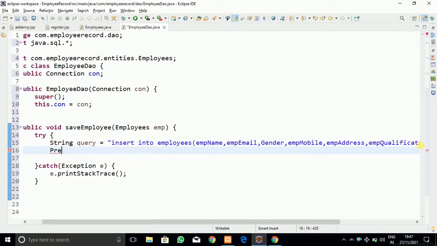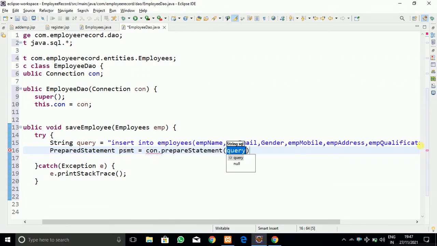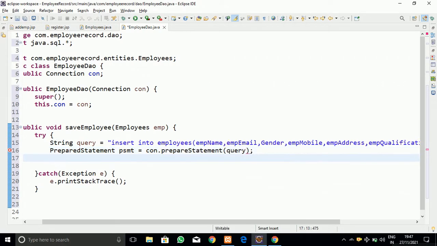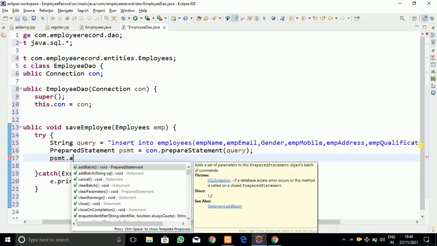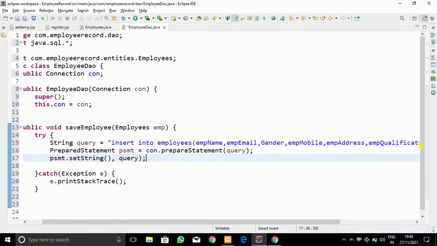Let me create the prepared statement object by making use of that query: PreparedStatement psmt equals connection.prepareStatement, using that query. Now I am going to replace the value of the placeholder, psmt.setString, and the first parameter is 1.